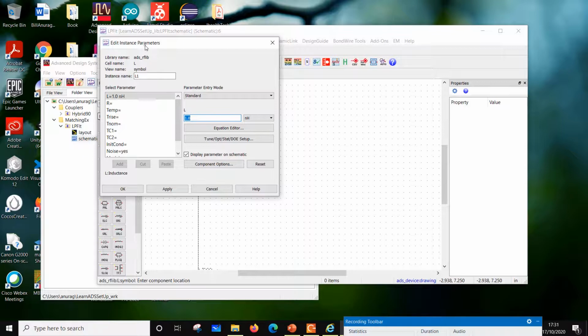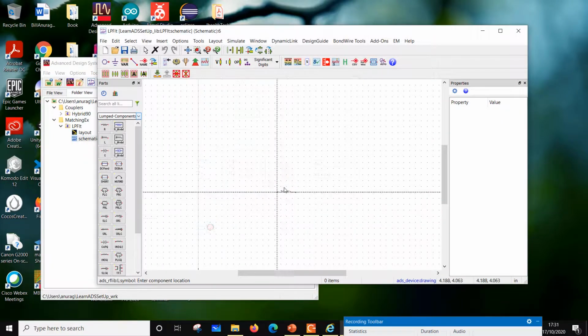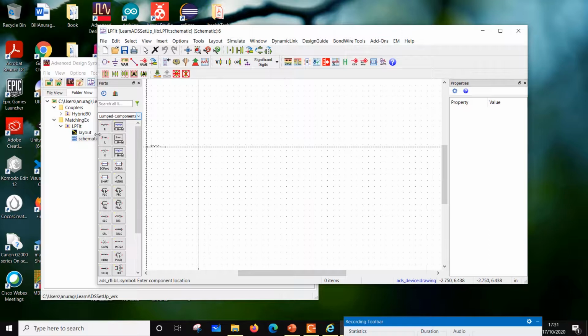As soon as you click on that button, it will open a dialog box. You want to put an inductor value. You want to put some loss, let's say 1 milliohm, right? Or you can put here 1 milli like that. Okay, so one more thing you have to be cautious about. If I put a milli here and a milli here, that becomes a micro. So be careful what you're going to do. Okay, so this is a milliohm. So I'll say okay, and once you take one